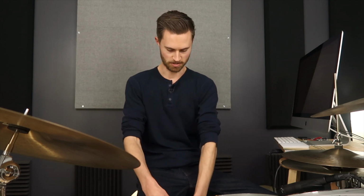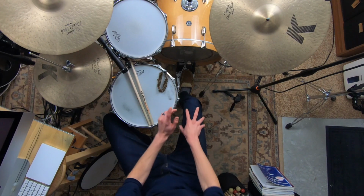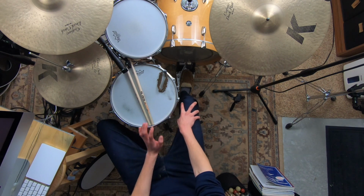But get a measure for that distance, and that way you can translate that to your kit. Bring the stool back over and measure from, okay, here's where my heel's gonna go, measure that distance, get your drum stool exactly where it needs to go so that you're comfortable. So ultimately, I think that is the best method for figuring this out, but you can also follow the 2-to-1